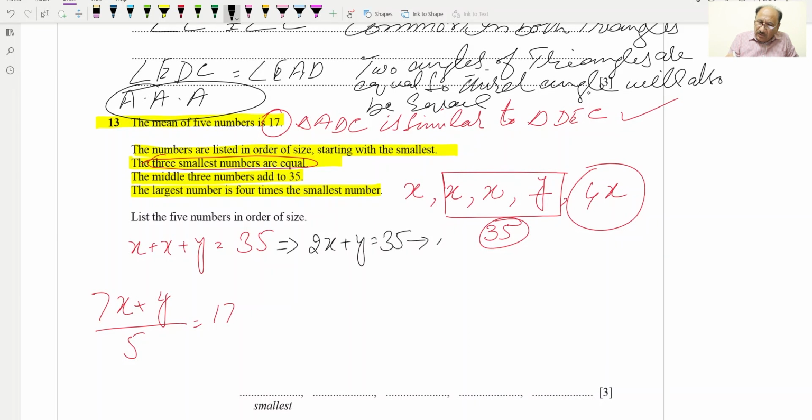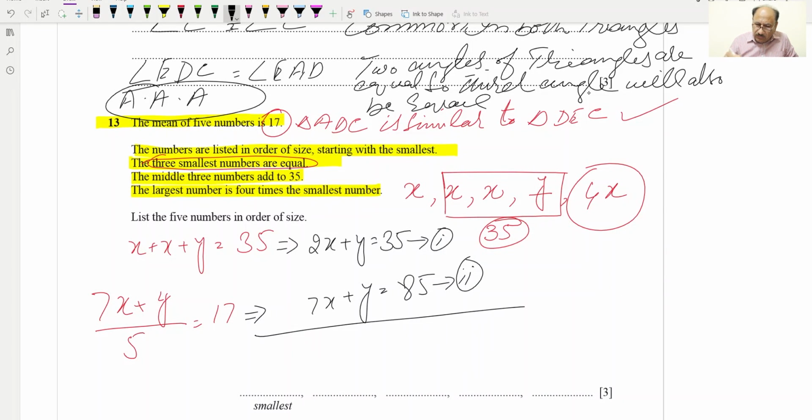Now this will be our equation 1, and this equation will imply what? This will be 7x plus y is equal to 17 into 5, and 17 into 5 will be 85, so we can write here 85, and this will be our equation 2. Now what we can do, we can subtract, so sign change, this will be gone,